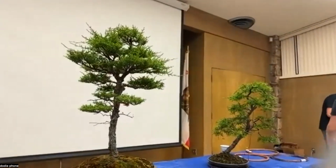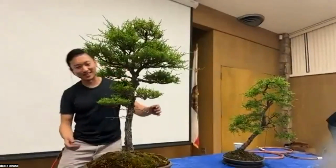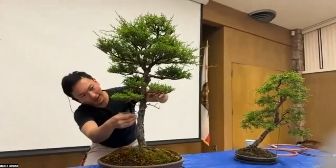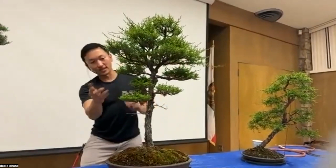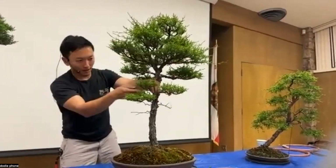Yes. Oh, sure. Yeah, sorry, I've been working in front of it. It's either that or I turn the whole thing around and you see the back of the tree. I think the placement is ever so slightly off, where the tips aren't pointing in the exact same direction. So assuming I go with roughly this theme, this size of pad, this degree of separation, which I may or may not do,